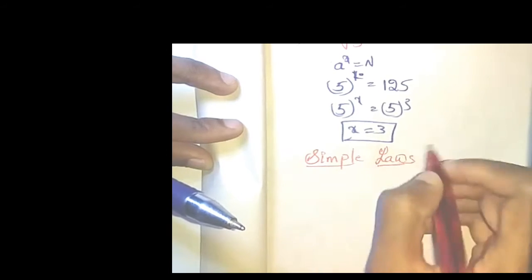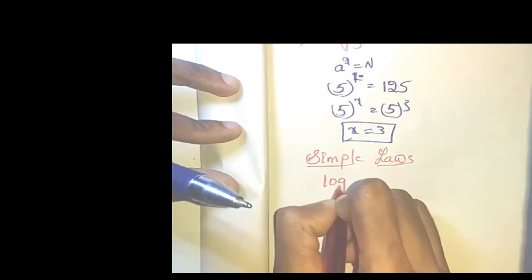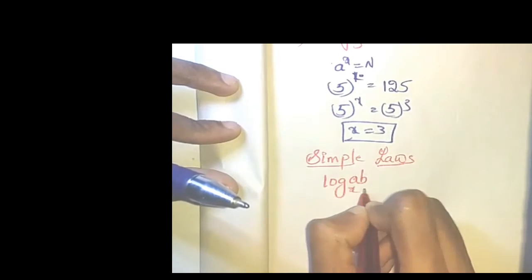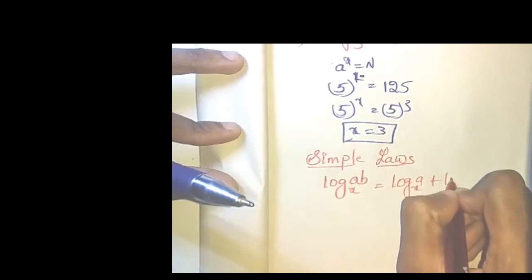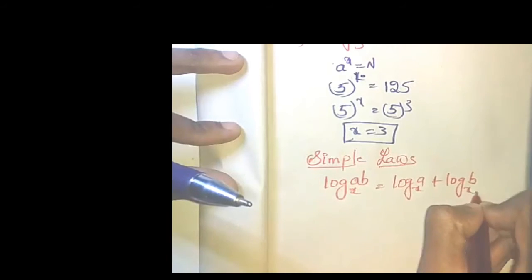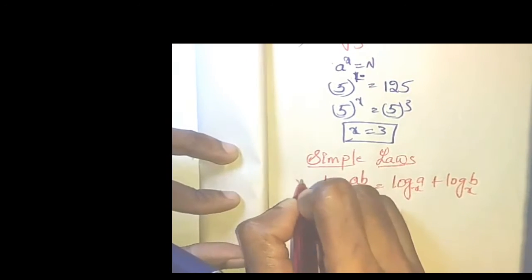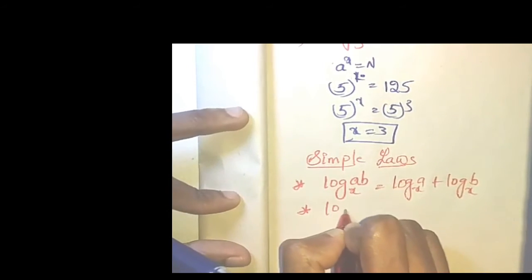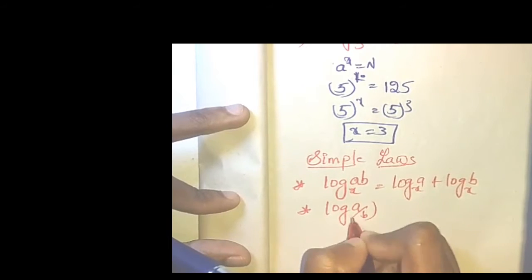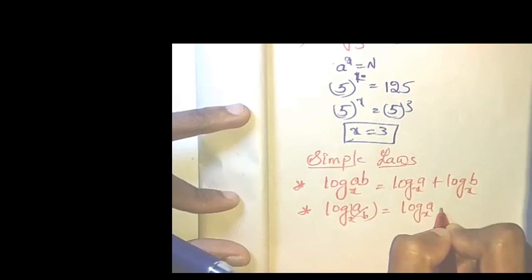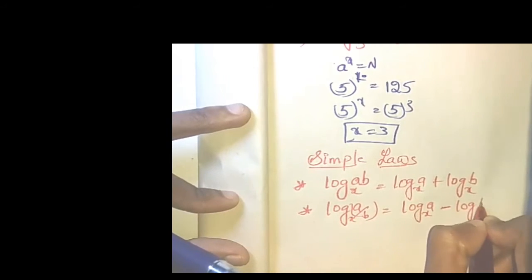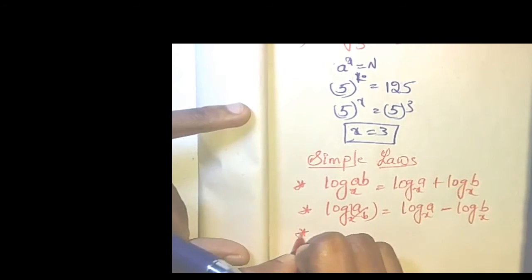Simple laws. The first one is log ab base x is equal to log a base x plus log b base x. The next one is log a by b base x is equal to log a base x minus log b base x, and the third one is